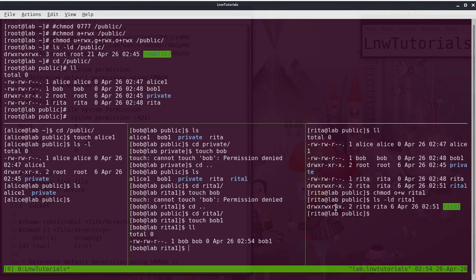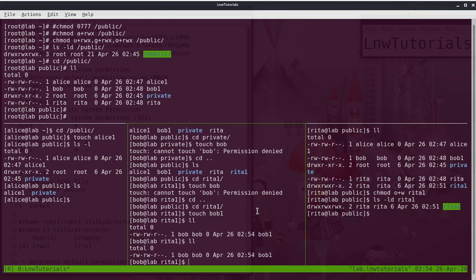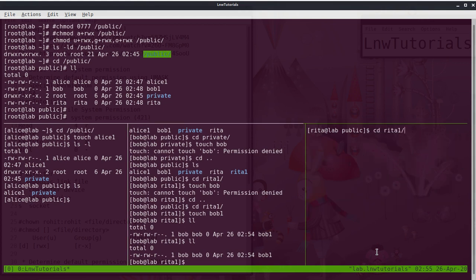But here is one issue. What is the issue? If a directory has been created, in that case all the users will get access, so anything could happen. Just look here: one Bob1, and it is just one file created by Rita.